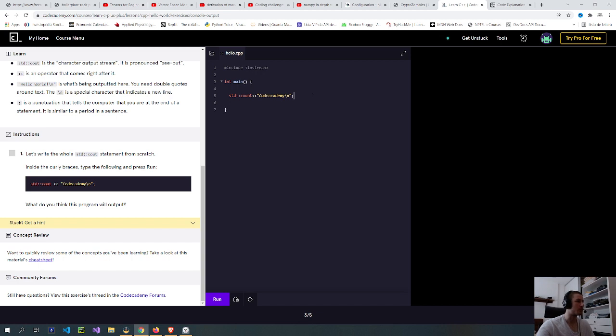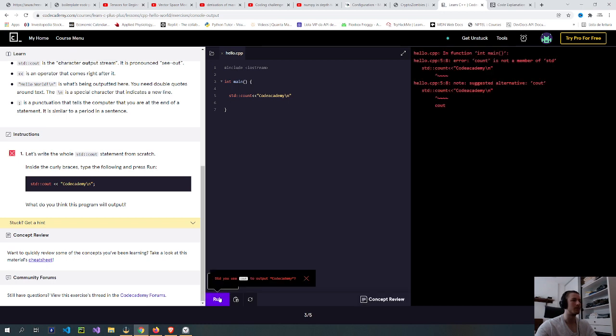So I'm not sure if this is necessary. Let me do this and see if it runs. So apparently in C++ you need to put the semicolon at the end. Or maybe not, maybe oh, the spaces. And let me try again like this.